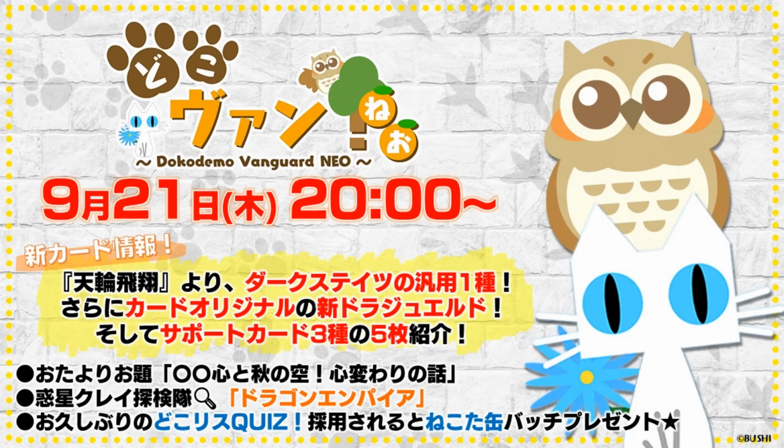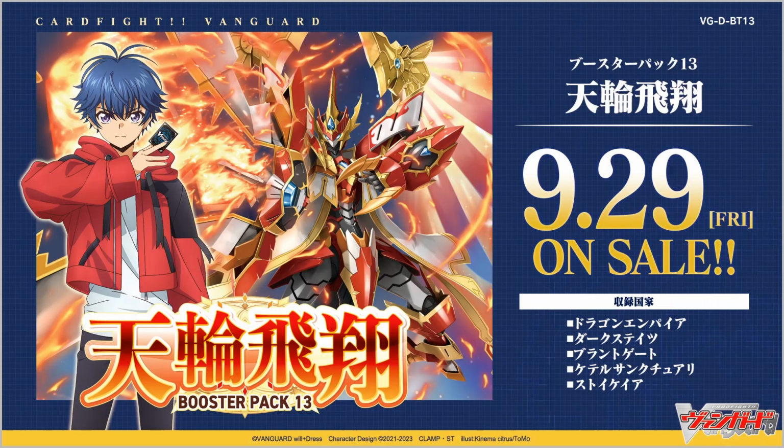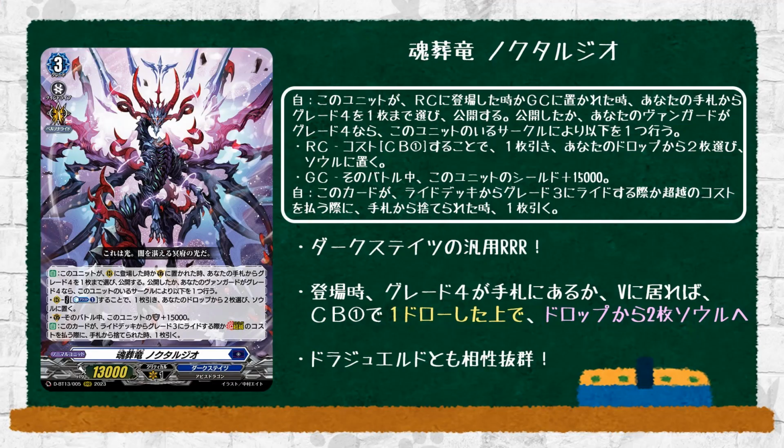Alright, Dokovan's stream, and we got a surprise reveal today, that being a new form of Drajeweled that is also grade 4. Finally, we brought back a grade 4, at least one evolution that I was not expecting considering the condition of the character, at least not in this set, but I am so happy to see it, so let's begin, because I'm excited. So we start out with the generic card, Soul Burial Dragon, Noctalgil, which, of course, just